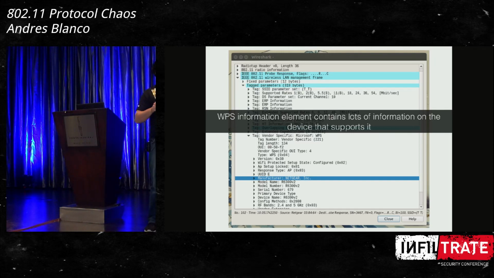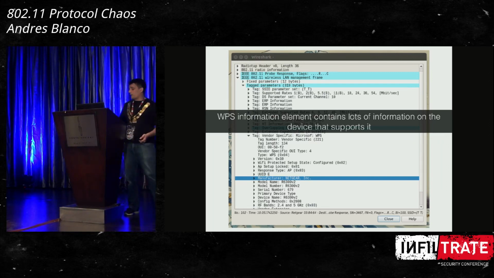I'm going to explain that besides that, these access points are leaking a lot of information about the device in the beacon frame and the probe response frame, sorry. So when you have this feature enabled on your device, it is going to say, okay, I'm a Netgear device, this is my model, this is my model version, and this is my serial number. This serial number is fake, but this gives a lot of information. So if you have a vulnerability for a device, fingerprinting it and knowing if this is a vulnerable device only requires listening to one frame in the network. Okay, so getting all this information is pretty easy.